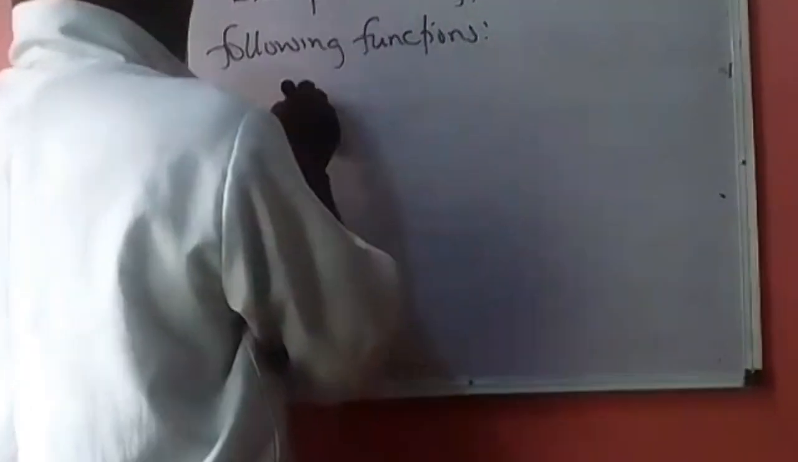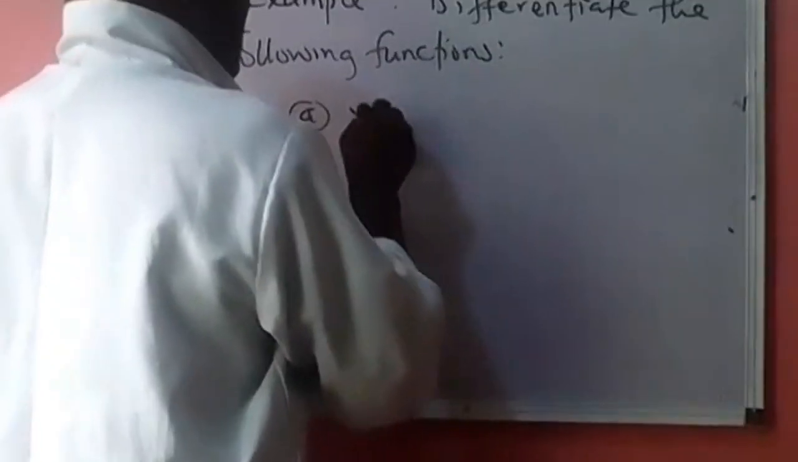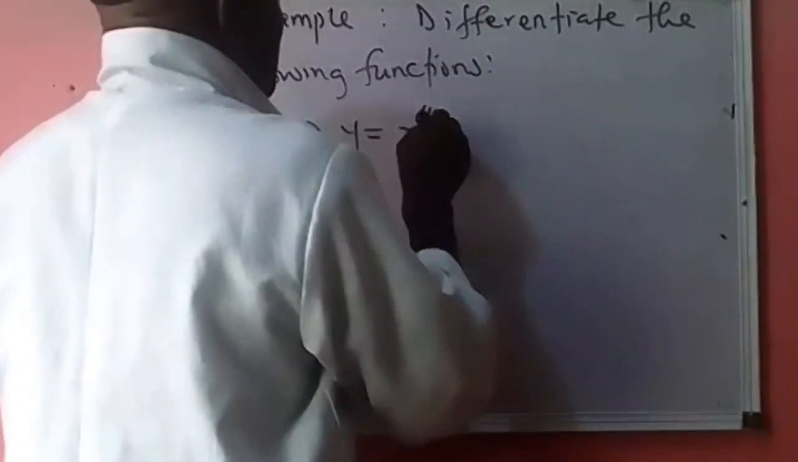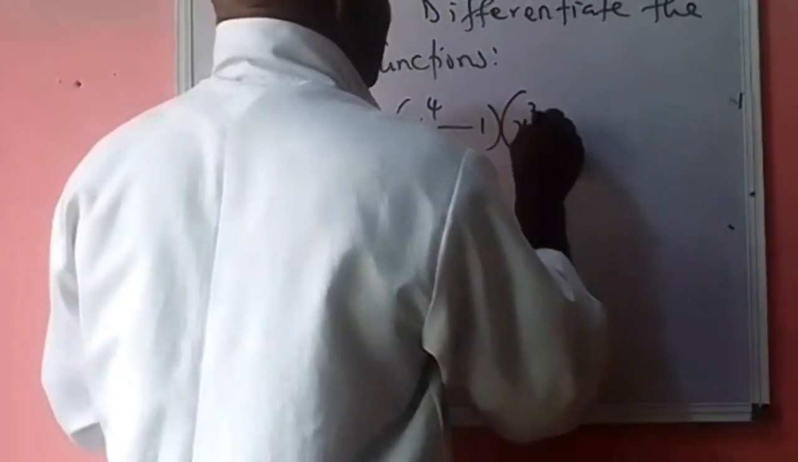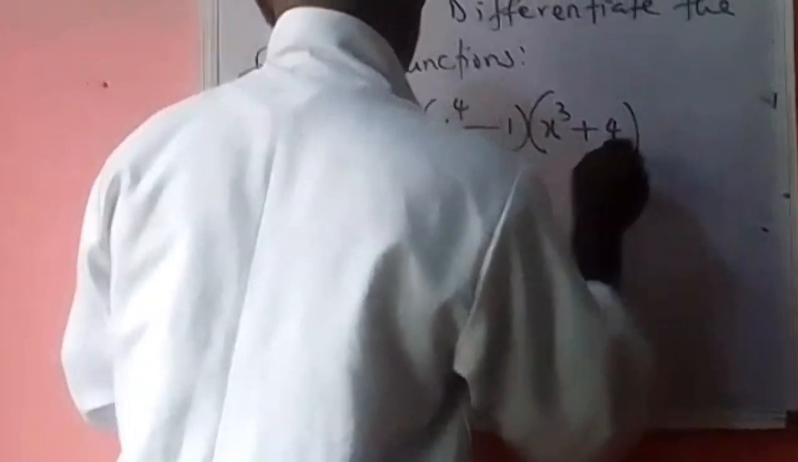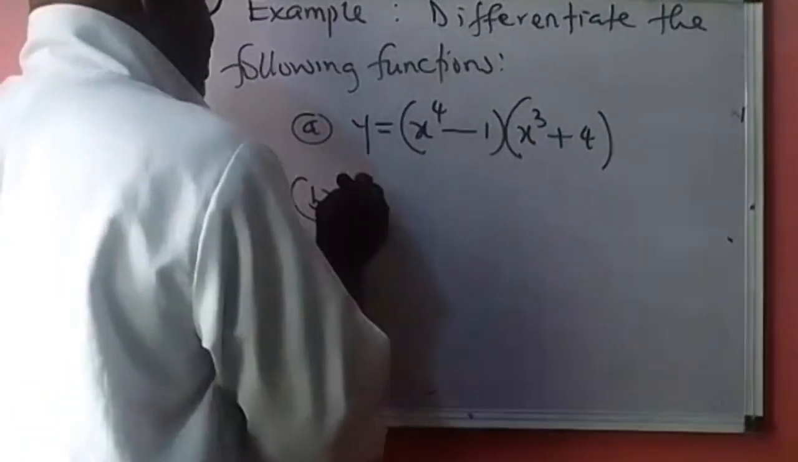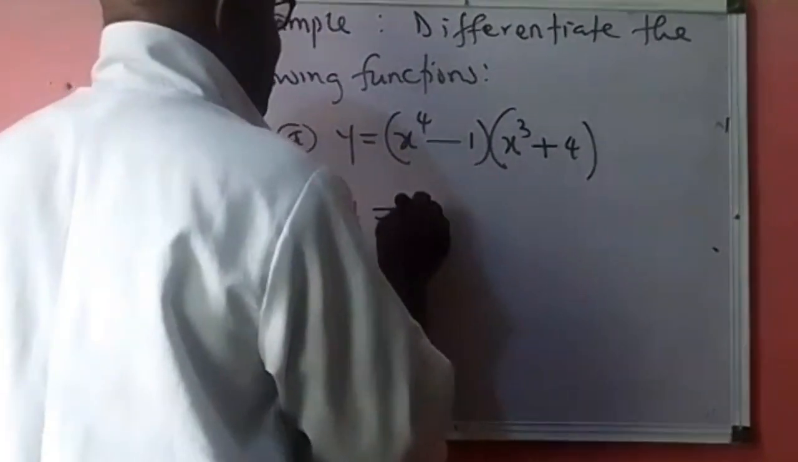We have the first one: y equal to x to the power 4 minus 1 into x to the power 3 plus 4. The second one is y is equal to x to the power 3